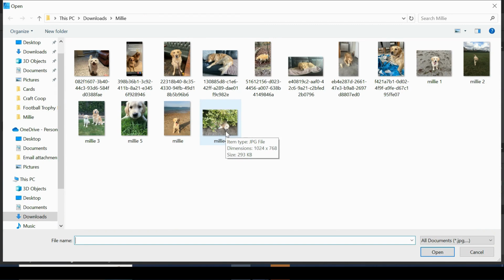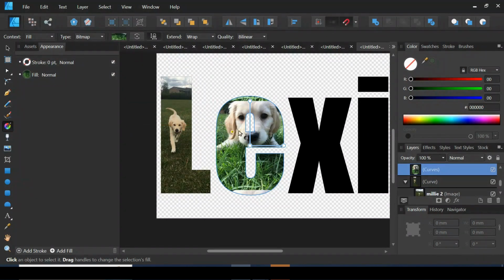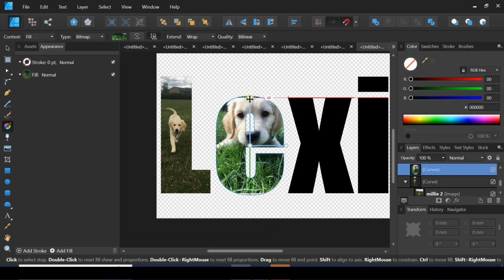Let's just go with this one. Okay, and that has filled my space. Now you can see at the bottom, you've got the head coming back round again. It's just because this line hasn't quite reached the top of the shape. So if you just drag that up,